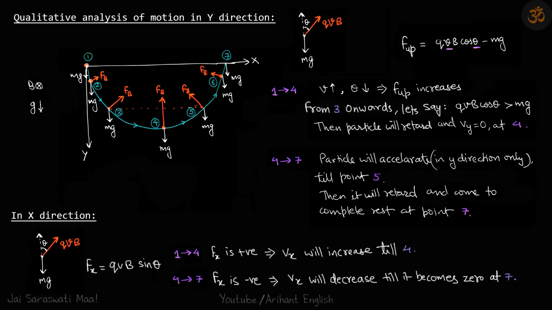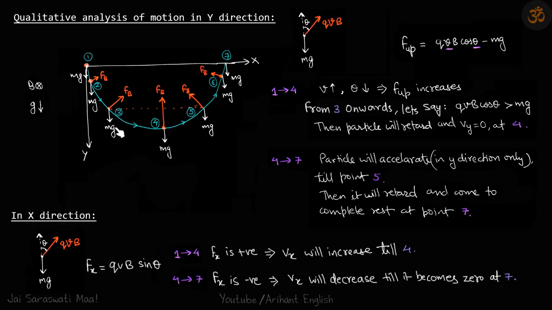So let's get a feel of what's going on here. This particle which is here falls from here. It follows this blue path. At any point on this blue path, its velocity is tangential to the path. Now as the particle goes down, its velocity will increase, and as the velocity increases, the magnetic force, which is equal to qvB, will also increase. So as it goes down, F_B will increase and mg will remain constant.